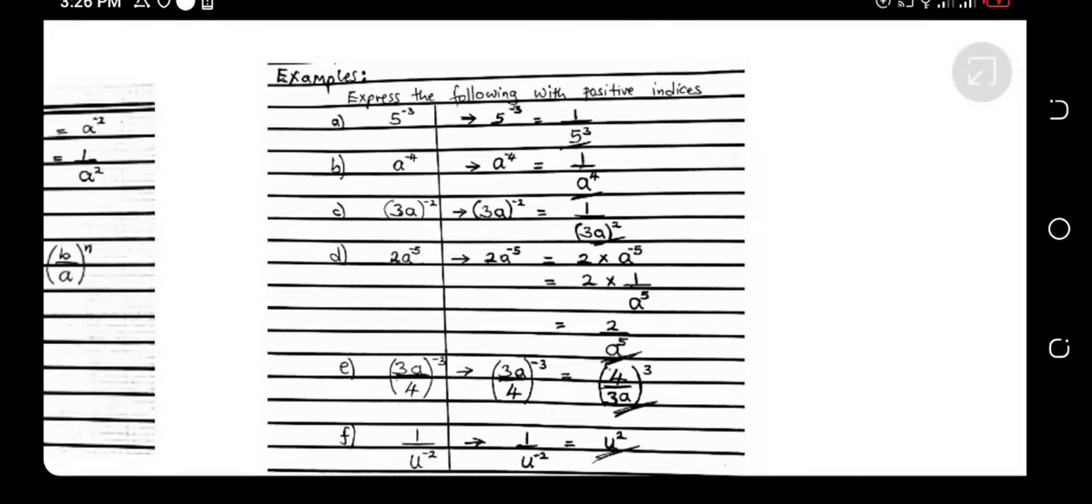Then lastly F, it is 1 divided by u to power negative 2. Here still take a reciprocal: the denominator becomes the numerator and the numerator becomes the denominator. So it leads to u to power positive 2. When you take a reciprocal of 1 divided by u to power negative 2, you get u to power positive 2 as the answer. This is how we can work out indices which are negative when they want us to make them positive. The exercise questions will be in the next